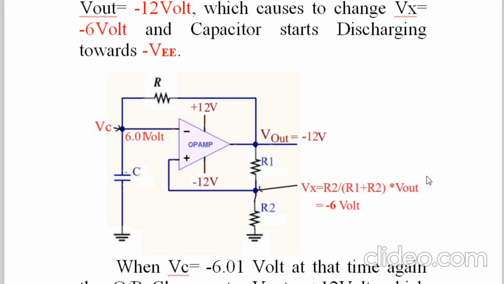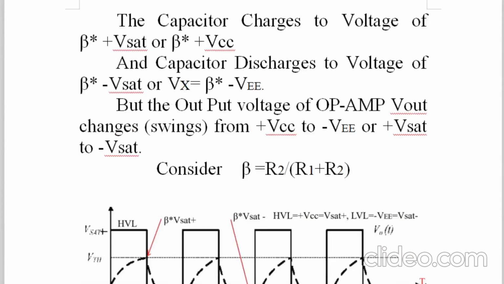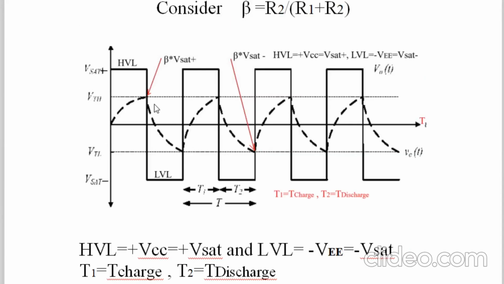So now let us go to the output. So see here, the moment both voltages become the same, HVL changes and goes to 0. But when the capacitor goes just above 6 volt, HVL goes to LVL, because the voltage at the inverting input becomes greater than the voltage at the non-inverting input. LVL will remain there and the capacitor will start discharging. This is the discharge path here.